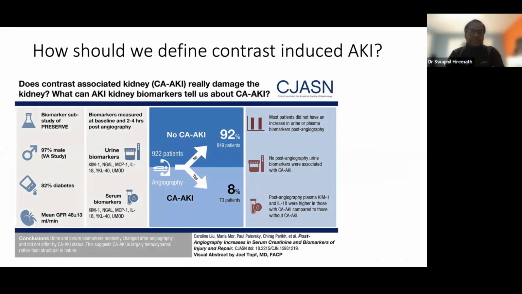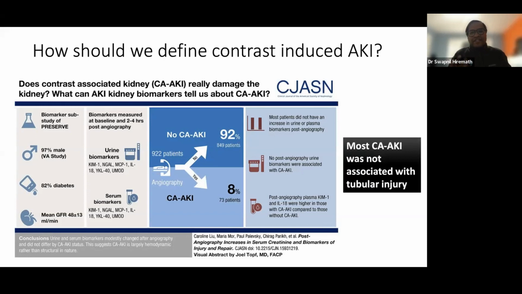They looked at this PRESERVE trial, which we'll talk about later, and they measured biomarkers. So they looked at biomarkers of kidney injury, and they showed here that in these patients, there was no increase in tubular injury biomarkers. So really, the tubules did not get injured at all. They are talking about AKI, like the KDIGO criteria. So all these patients had a creatinine that went up, a bump in the creatinine, but there was absolutely nothing in terms of tubular injury.